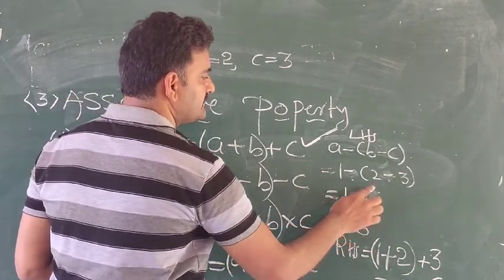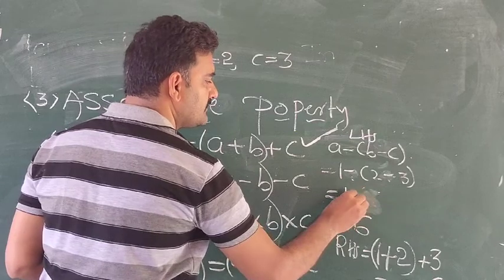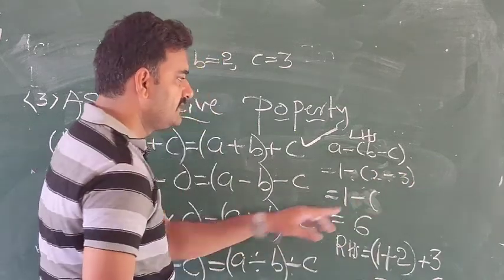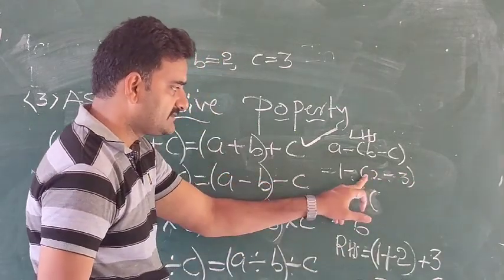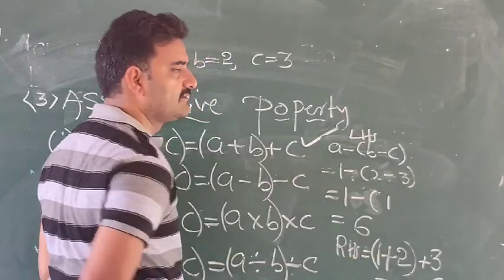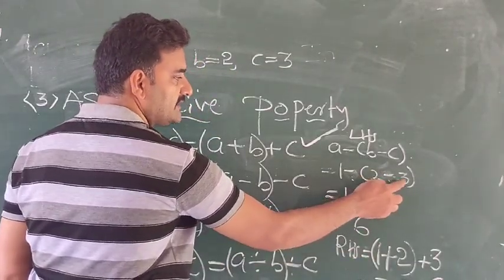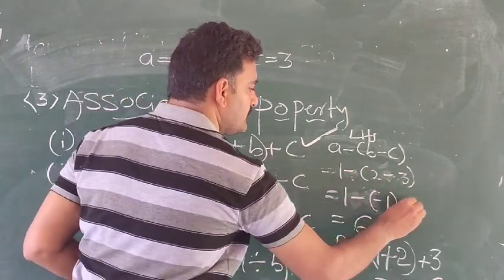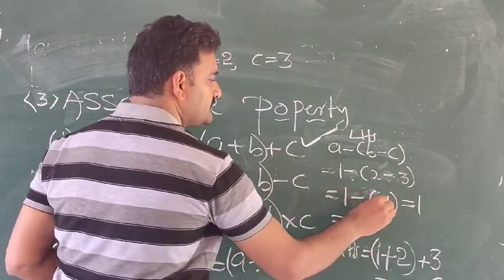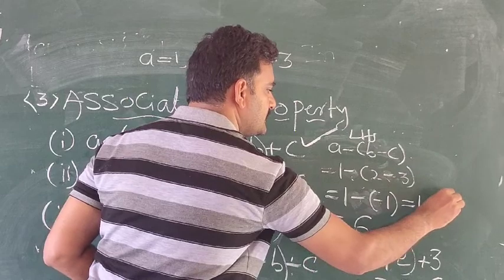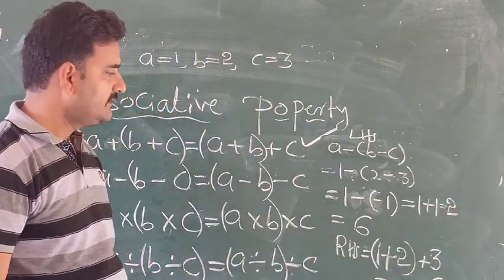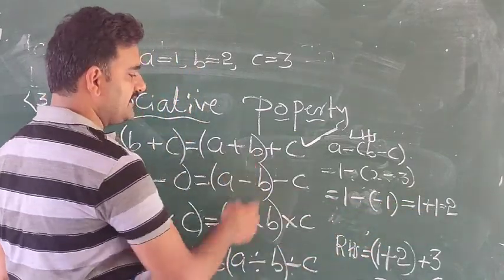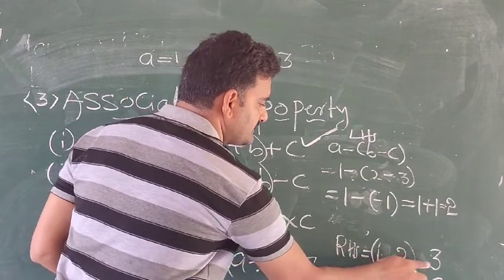Now first, 3 minus 2, how much? Both are different signs. 3 minus 2 is 1. And which is the bigger number in these two? 3 is bigger, and its sign is minus, that's why minus. Okay. Now this is equal to 1 as it is, minus into minus plus 1, total is 2. We'll see this one. Total is 2.